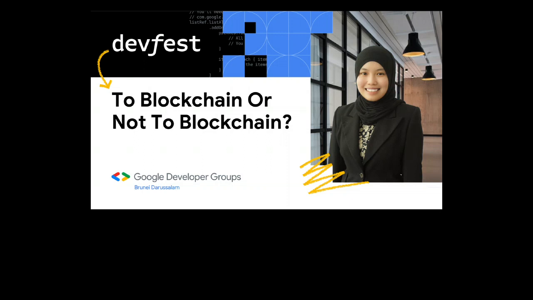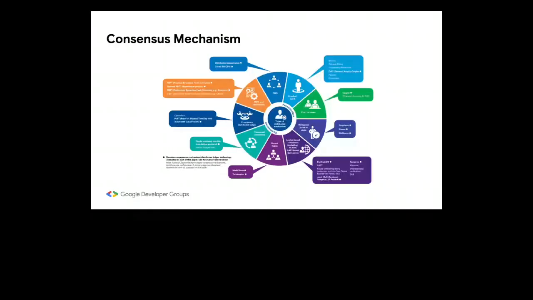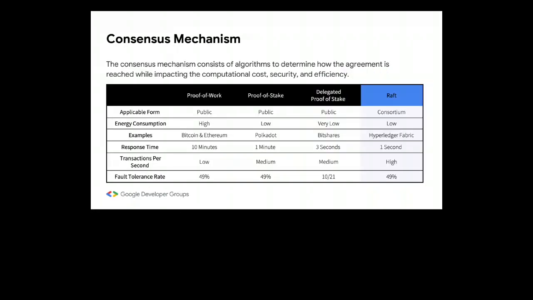You don't have to use, let me go back to the slide. You do not have to use proof of work. So here, what Bitcoin and Ethereum are using is proof of work. So it does require high energy consumption, because that's their security feature for adding data to the blockchain. But Raft here uses very low energy consumption. If you were to create a system for an insurance company,